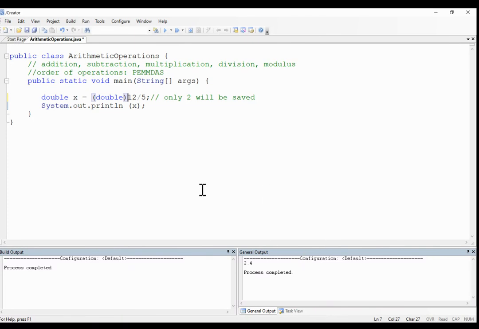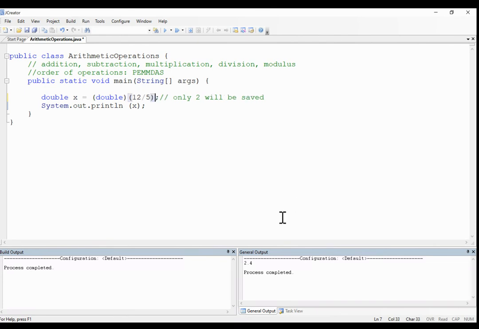Either you cast it, so it's like a temporary conversion from 12 to 12.0. So this also will give me 2.4. Or you can do the same thing with 5. But be careful, sometimes you may have parentheses here. So if you have parentheses,